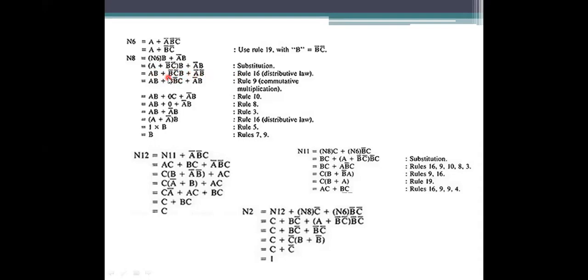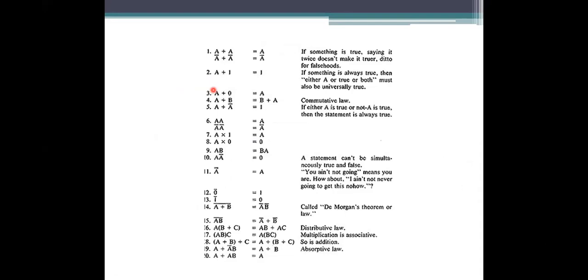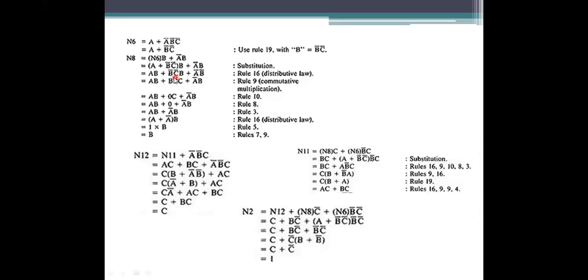Here if you see, we are having B and B bar elements. So what do I have to do? I need to shuffle the places here. The shuffling of the places has to be done in any way. So I take AB equals BA. What is AB here? A means B bar C bar, B means B itself. AB equals BA. So I substitute B here, B bar, and then next C bar here. After substituting the values B bar and C bar, I am also taking commutative multiplication into account here.